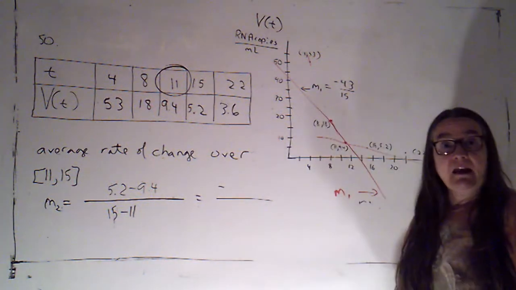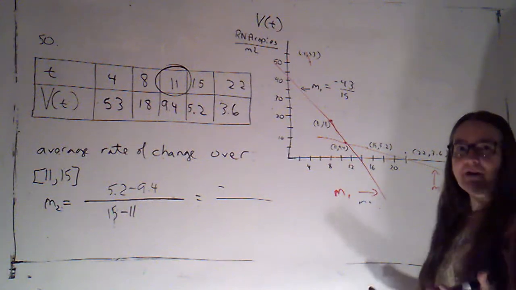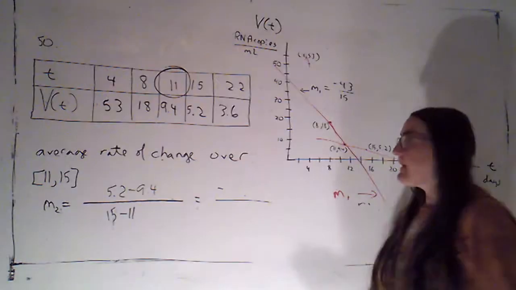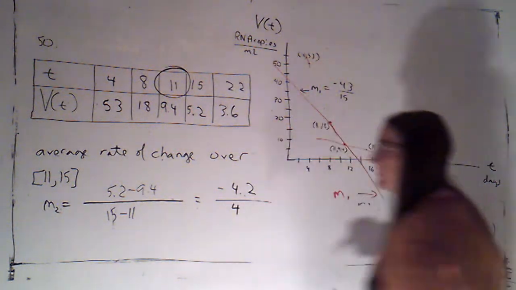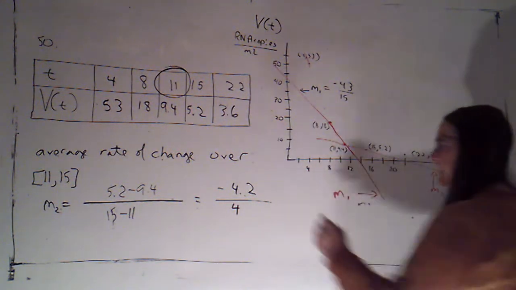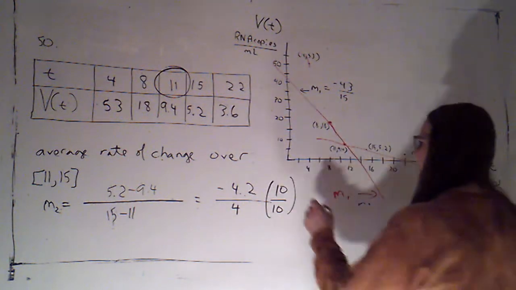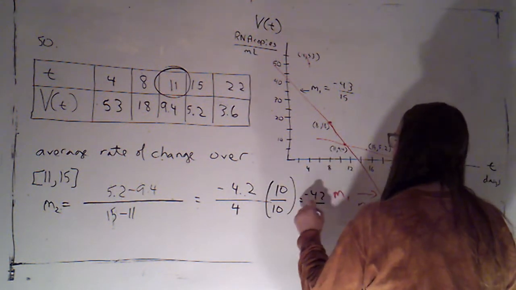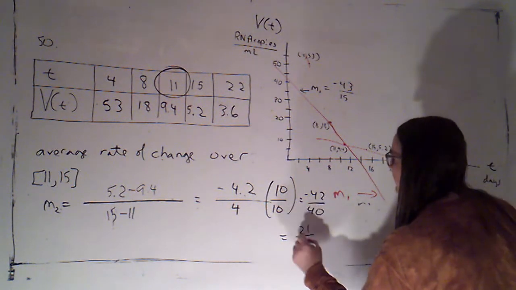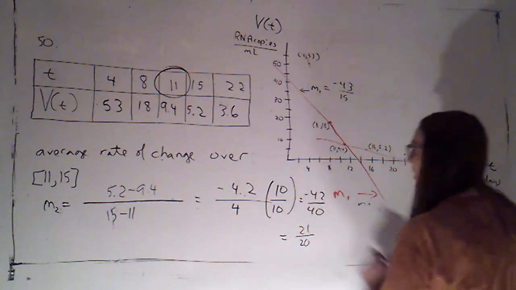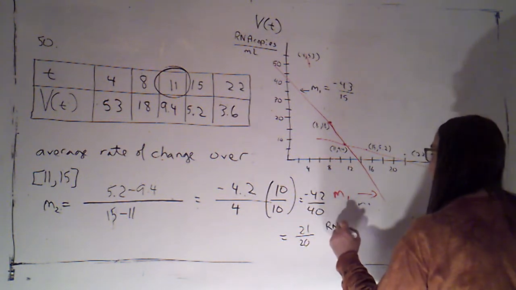So again, that's going to be negative. This is a good thing. We want this treatment to be working, so we want the viral load to be dropping. Okay. That's going to be negative 4.2 over 4. Again, I don't like mixing those fractions and decimals. Multiplying by 10 over 10, that's going to move that decimal, so negative 42 over 40, which will reduce to negative 21 over 20. And again, that's going to be in RNA copies